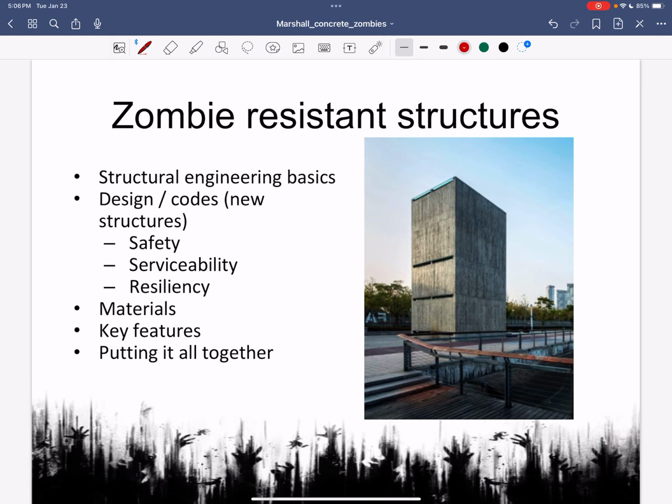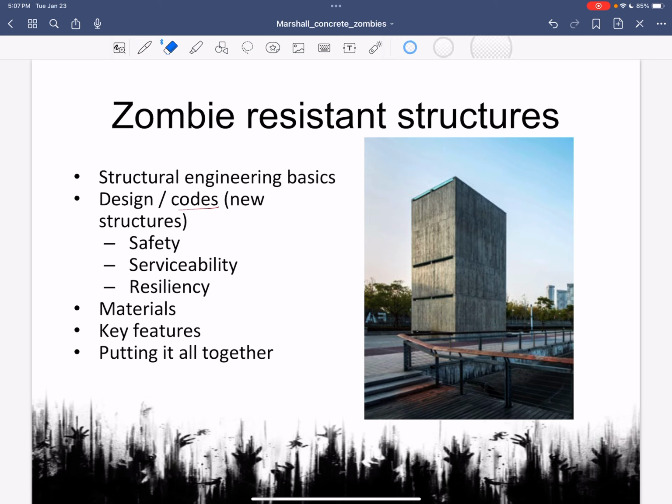So we're going to do a little overview and learn a little bit about structural engineering, which is part of civil engineering, by looking at zombie-resistant structures. So we're going to talk about how you design them, how we would use a code. So instead of computer code, I'm talking about like a building code. So when I build a structure, I have to follow the rules, and they are part of the law basically for that area, and those are the codes.